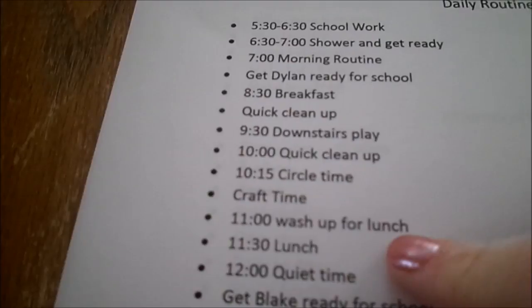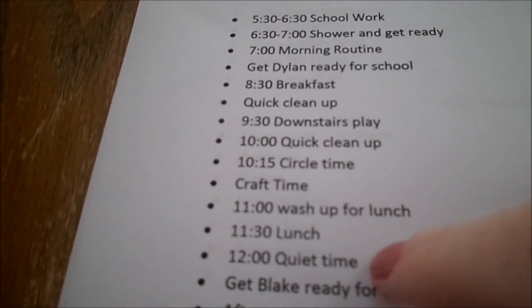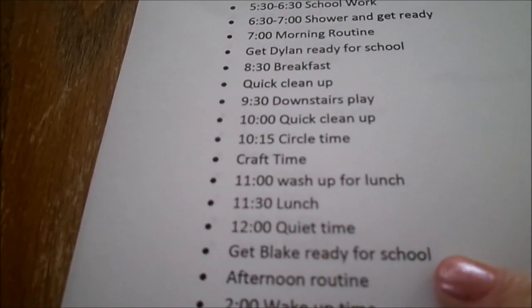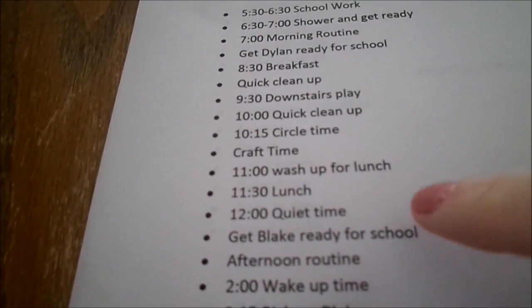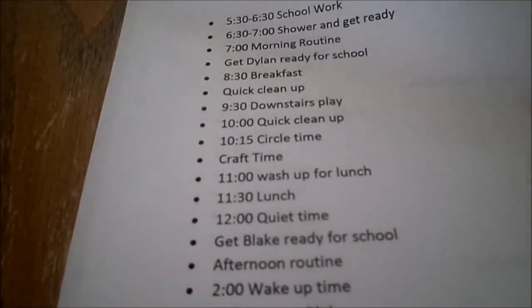11 o'clock is when we wash up for lunch. 11:30 is our lunch time. Then we have quiet time. Right after the kids are down for quiet time, I help my younger son get ready for preschool. He's in afternoon preschool. My friend comes to pick him up. So once he's off to school, then I start my afternoon routine, which consists of